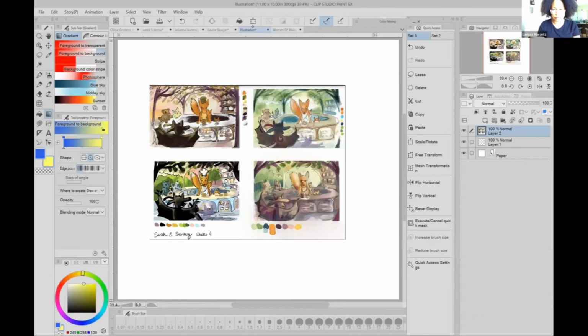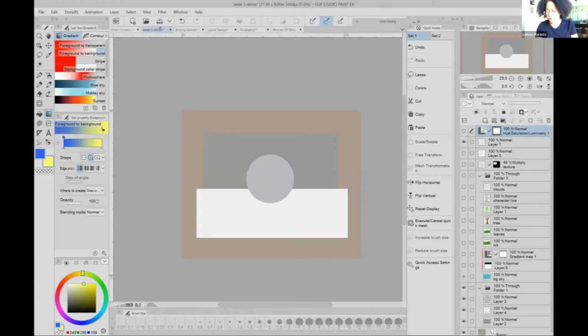All right. Oh, I was going to do yours, Sarah, too, but I'm going to have to wait and do that later. Okay, so this is one of the things that you want to do when you're taking your rough and you're moving on to color. I would suggest that you take your drawings, clean them up, okay? And then you can use the perspective rulers or the guides to create